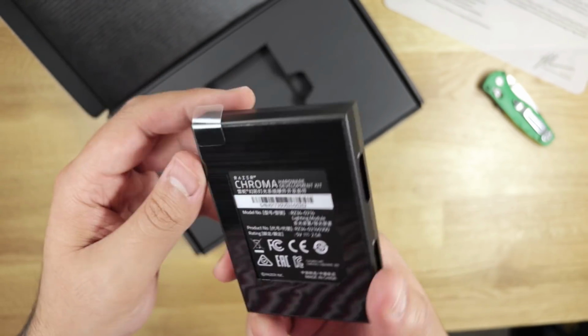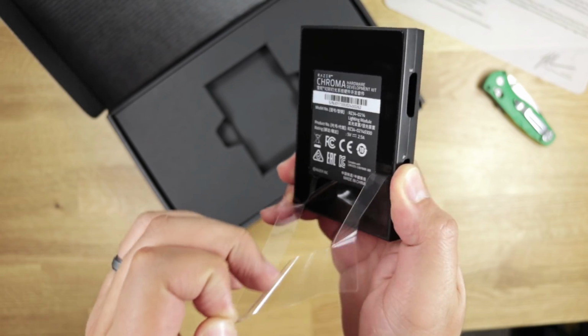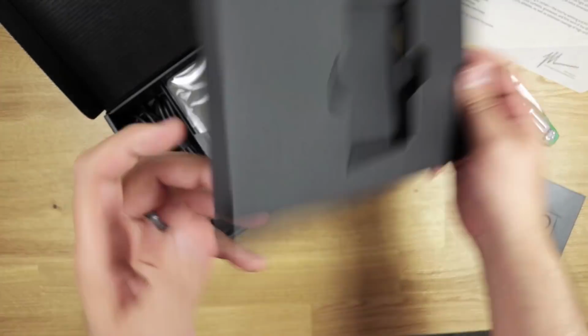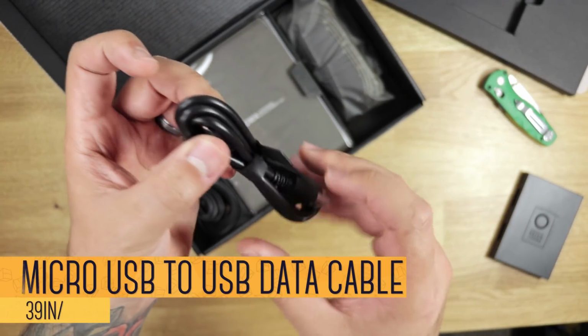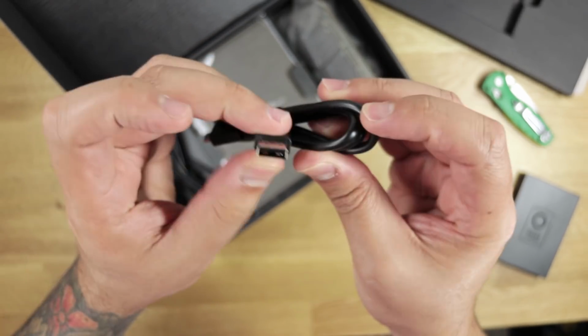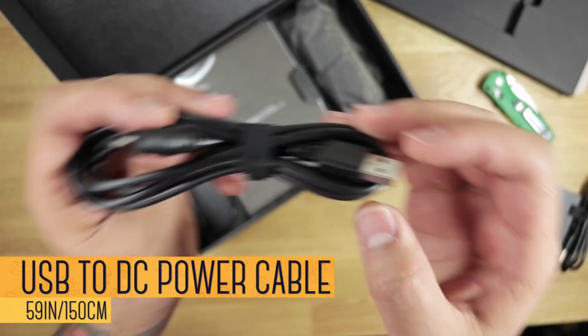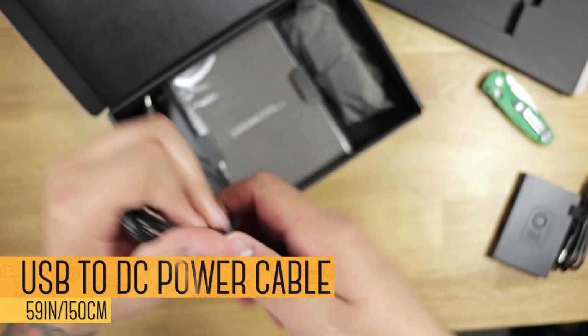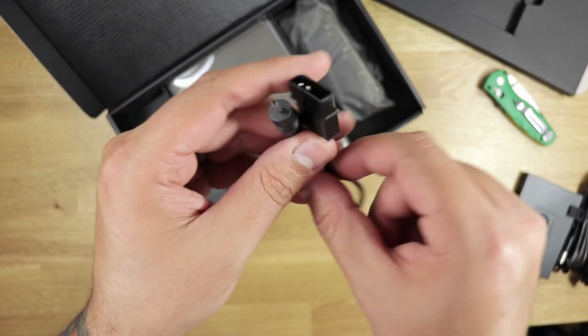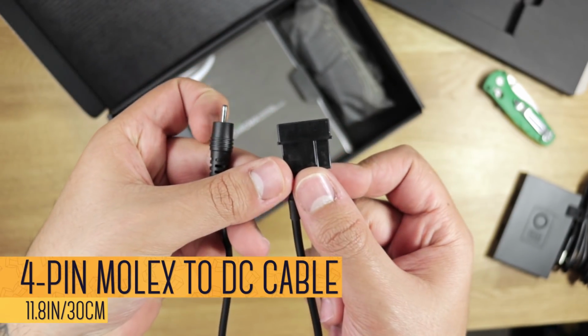It's very lightweight with 4 LED ports, and on the back it has one of those strong and reusable adhesives. Next, we have a USB to micro USB cable to connect it to our PC. Then we have a USB to DC cable to power the unit via an outlet. And another power cable, but this is a DC to 4-pin Molex connector, which gives you the option to use